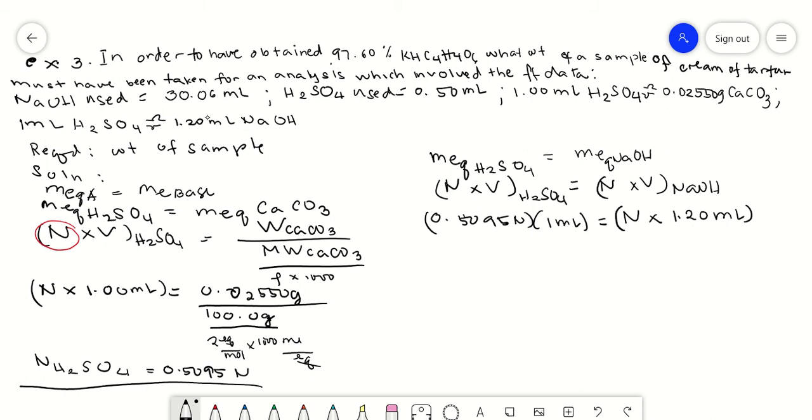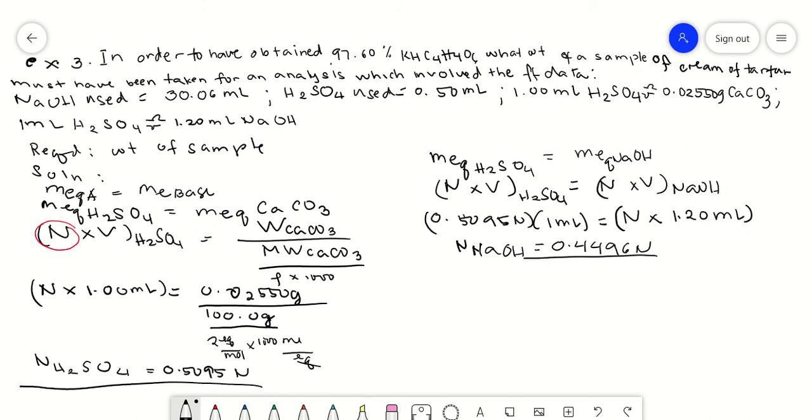And you can get a value of normality of sodium hydroxide, which is equivalent to 0.4496